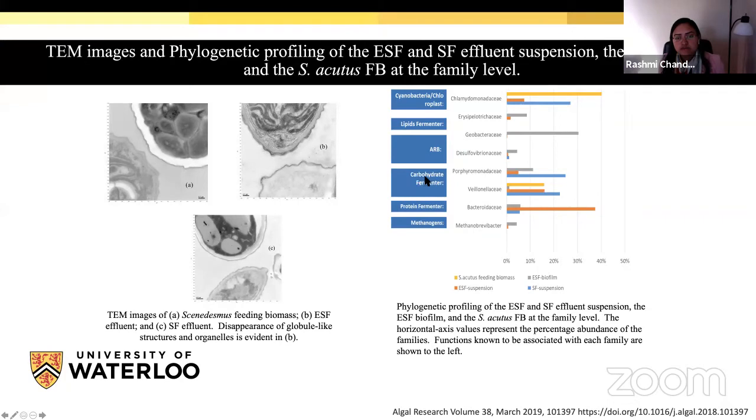We have cyanobacterial DNA as well because we took the microalgae. Here we see carbohydrate fermenters were really high, and protein fermenters are high too. But there is one section called lipid fermenters, and they are really low. So it means we successfully operated the HRT to degrade the protein and the carbohydrate so that we can have the maximum lipid productivity. If we modify the processes like this at higher scale, with not so harmful solvents, we can get a good lipid productivity by this process.